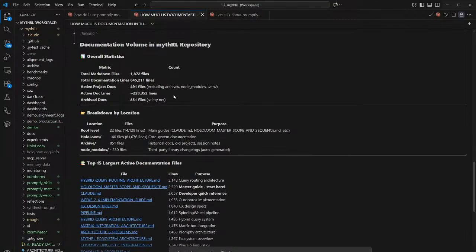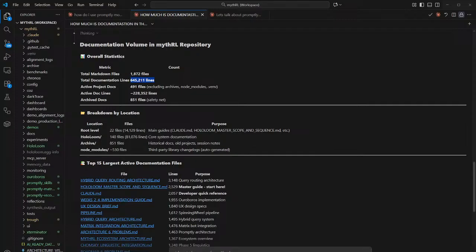So here's an overview of our documentation. 1872 files, and it's just mine. I made 1872 markdown files explaining what this is. Probably could be a little more organized than that. 645,000 lines. So I've been reading a lot. I wonder how many pages that is.